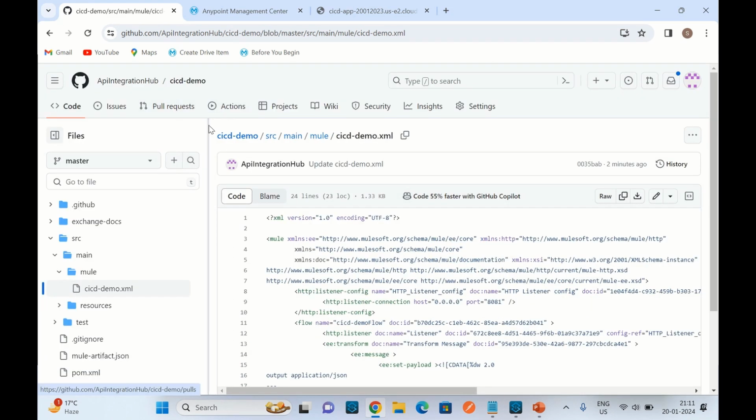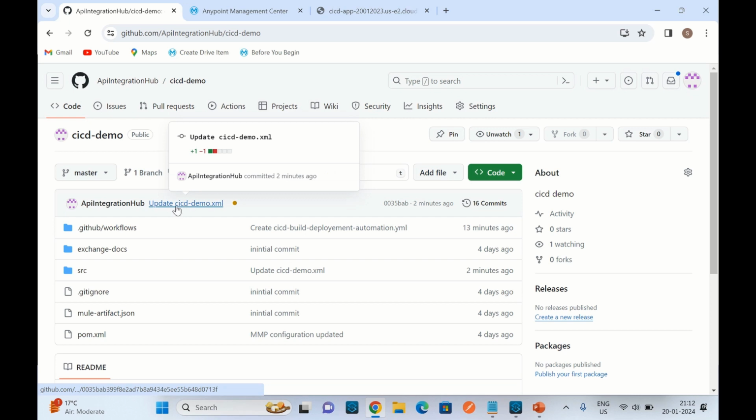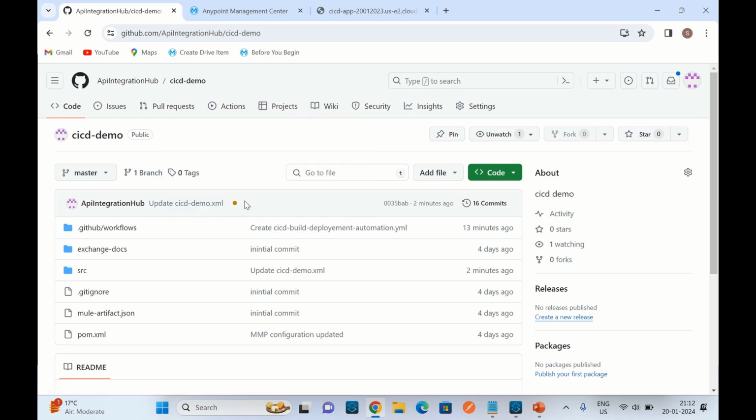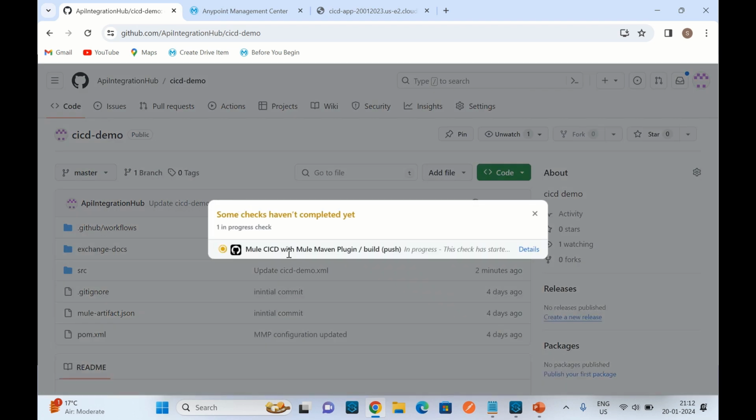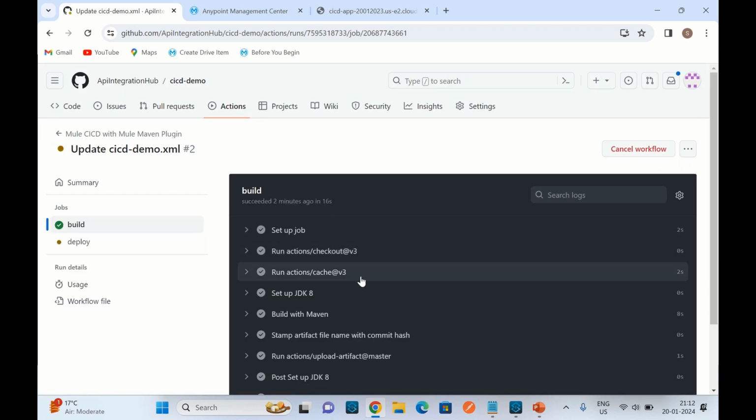We should see the new workflow start. So you can see that it just committed, and we can see that our workflow is in progress. So build in progress, we can go to detail. So right now it's building it, build finished, now it's deploying it,